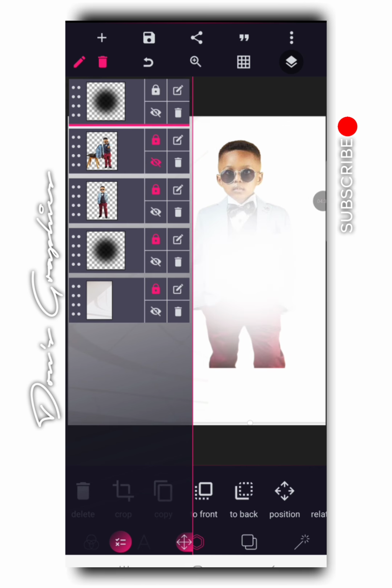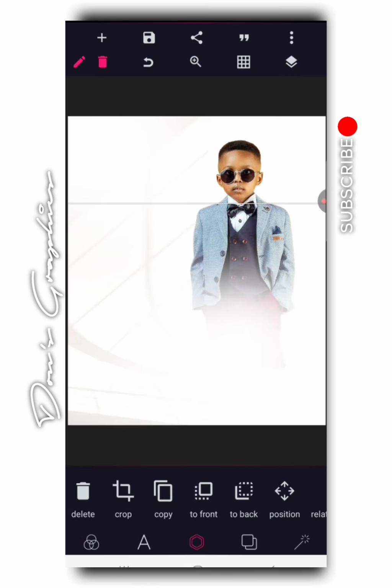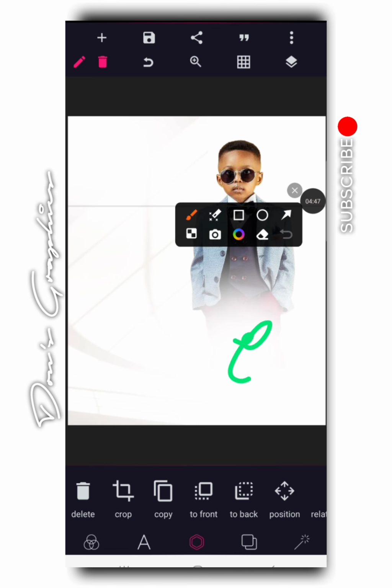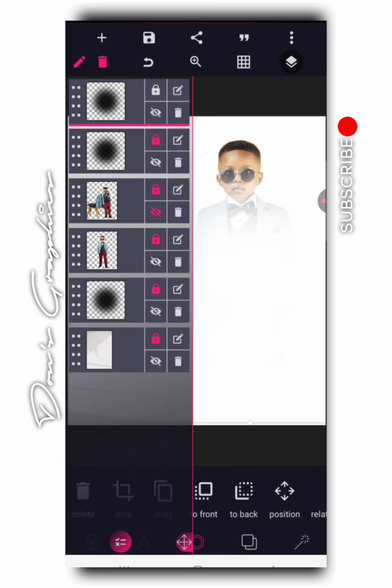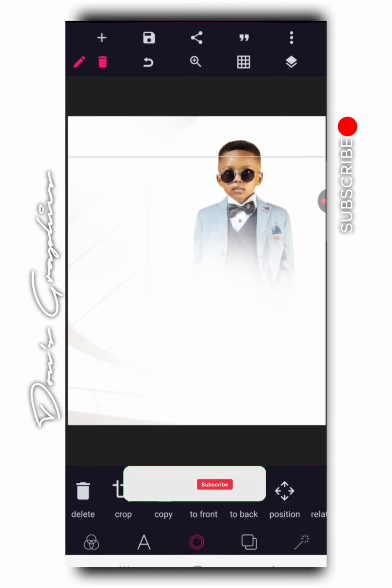So simply click on copy, and you can see that we have this one here now. So we place it here. Okay, it has already blended with the background. So as you can see, it's blended the background. We are going to lock it up, then make a copy again. Okay, make a copy, place it